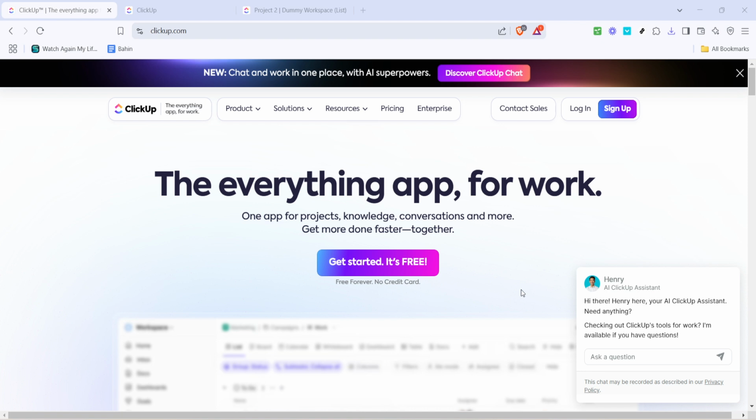First, open your preferred web browser and navigate to ClickUp's website. ClickUp is known as the everything app for work, and it's widely used for streamlining project management and team collaboration. Once you're there, you'll notice a login option prominently displayed on the homepage. Go ahead and click on it to proceed to the login page, where you'll be given several options to access